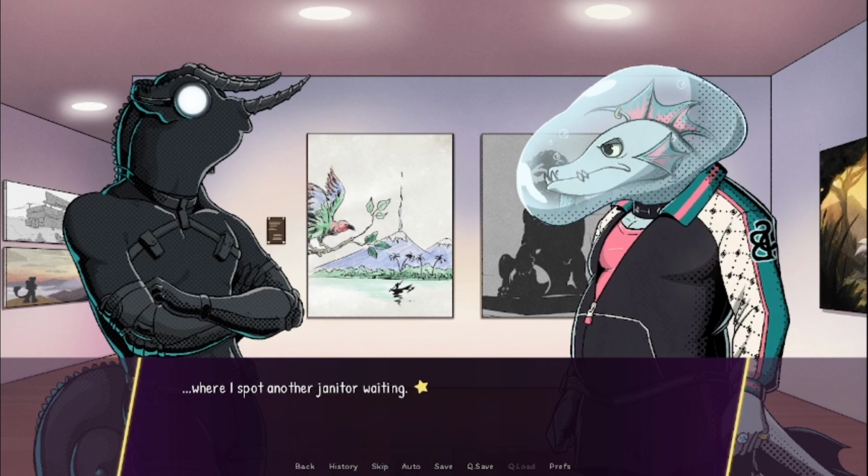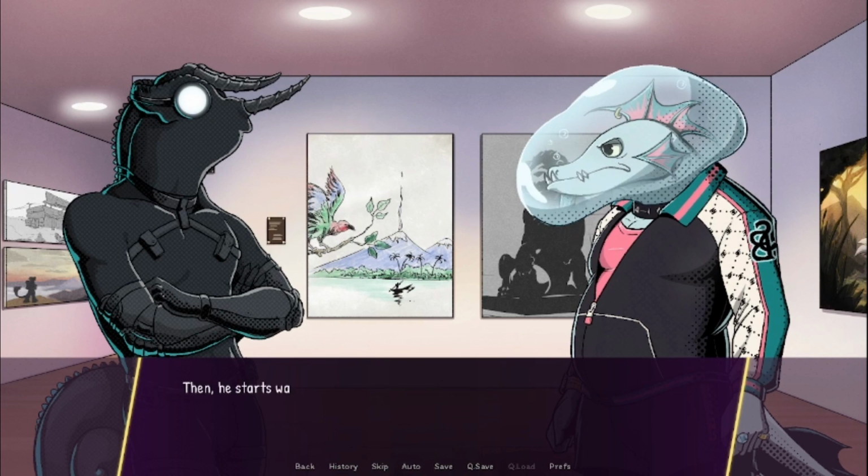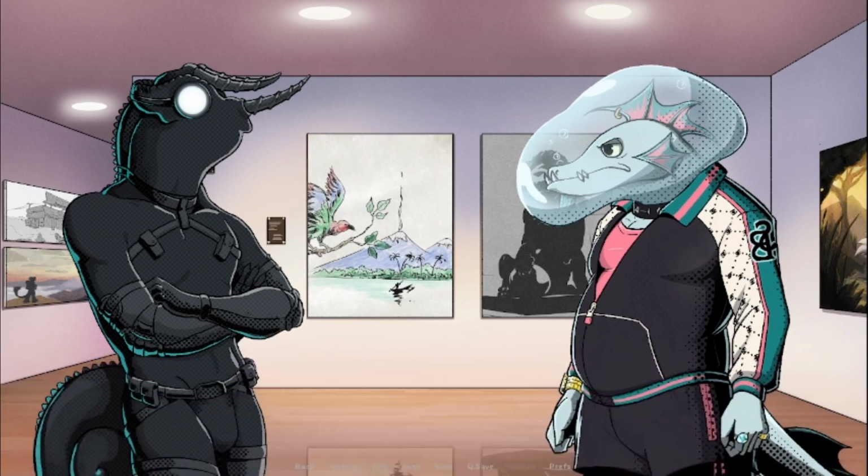Where I spot another janitor waiting. The two exchange words before the janitor looks in our direction. My blood goes cold as I recognize the jacket he's wearing. I can smell a hint of the spicy sauce from all the way over here, too. It's that Barracuda, Ishmael. So that card wasn't a fake. They're already in here. He pulls a radio out of his jacket and talks into it, maintaining eye contact with me. He's just far enough away that I can't hear what he's saying. Then he starts walking my way. Shit. Shit. That means the big dude I saw earlier must be...